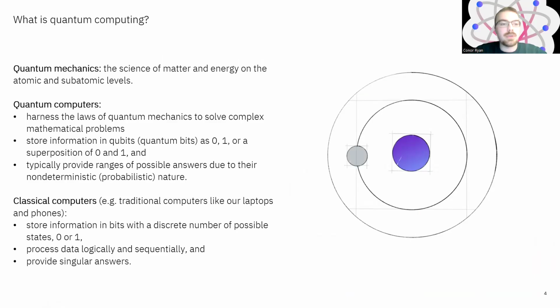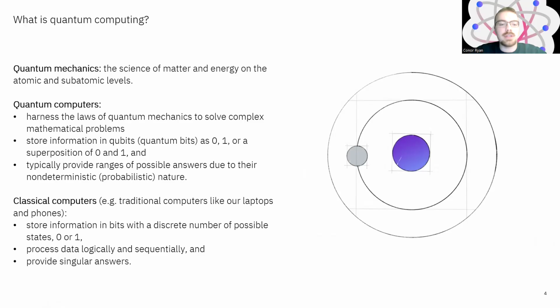So where this comes into quantum computing is that these laws of atoms and these very small objects are utilized to perform computations. So if you have a qubit, a quantum bit, the quantum analog of the classical bit, you can have it in the familiar classical states 0 and 1, but differently to classical computing, you can have superpositions, a quantum behavior that we'll touch on a bit more later, where you have a linear combination of 0 and 1, not just from statistical uncertainty, but something where they are fundamentally in a superposition.